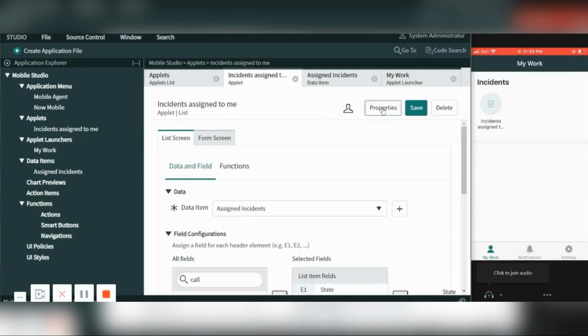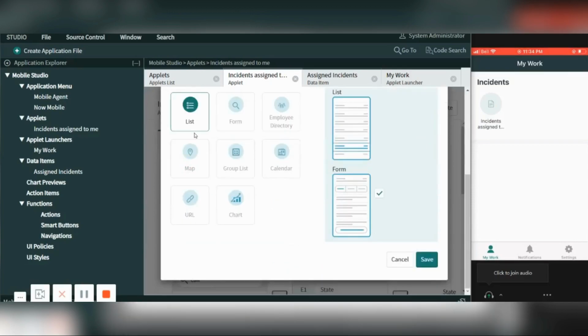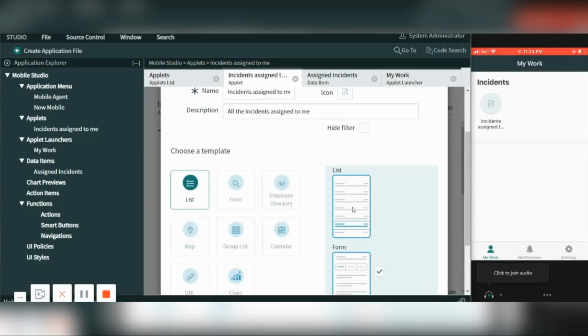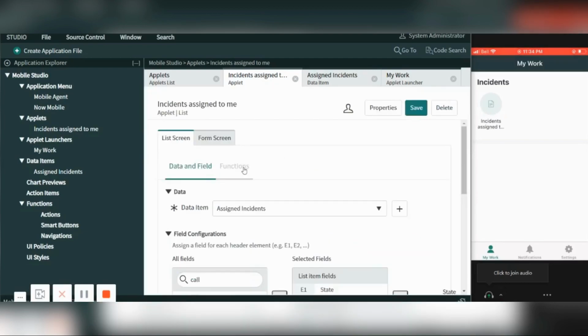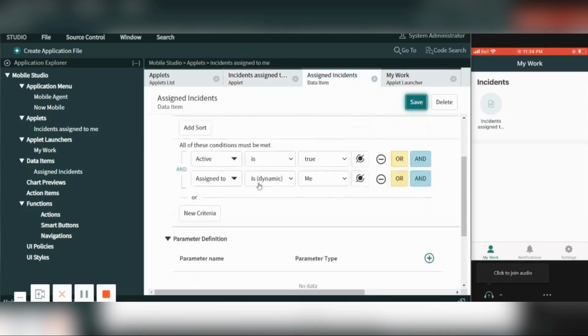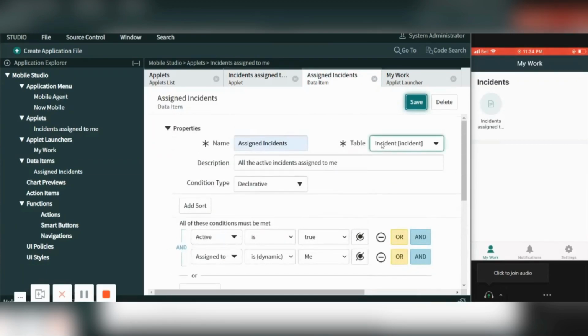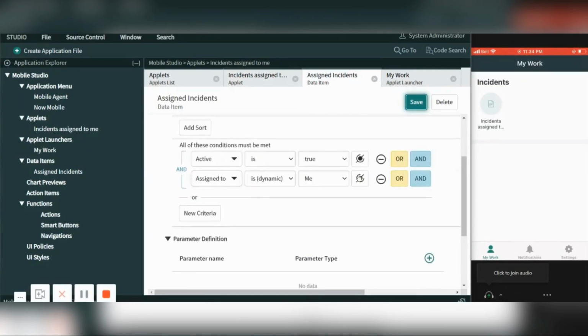If you see the properties, it is the list type, and I have also associated a form. This is the icon, this is the name. For that applet screen, I need to fetch the records, which are the data item that I wanted to show. So I have created one data item, assigned incident, for the table incident: active incidents which are assigned to me.